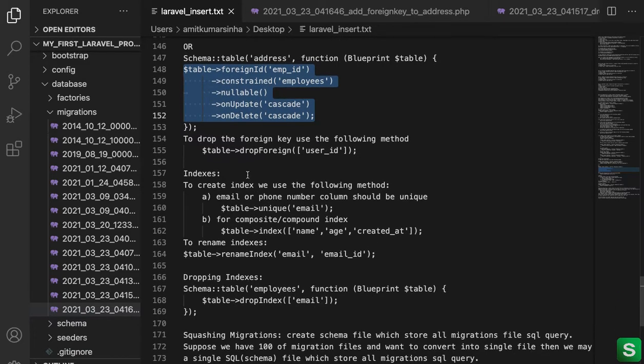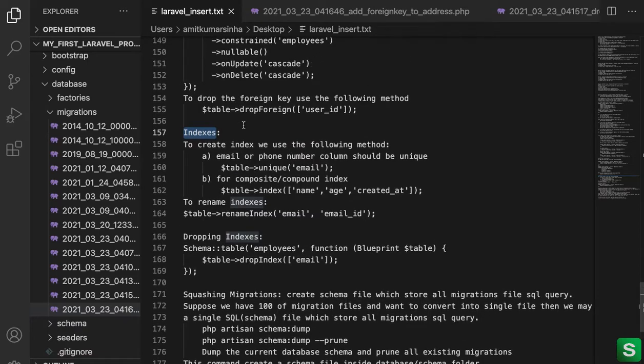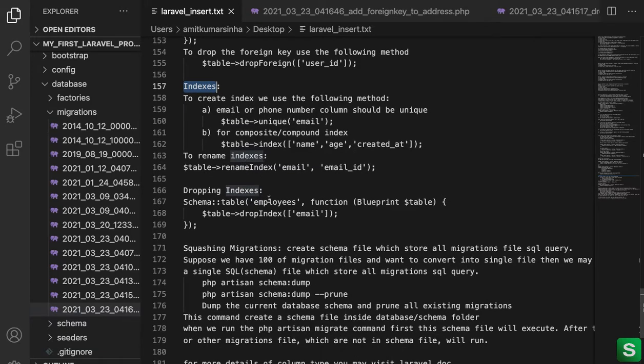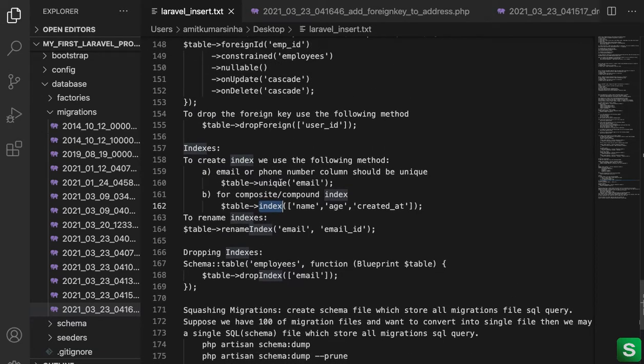If we want to delete the foreign key, we will use drop foreign key. Okay, and we can also create indexes. To do that, we again create a migration file and do it like this. The foreign key or the primary key is one kind of index. If we need the email id to be unique, we use unique. If we use a composite or compound index, we can do it like that, using the index function.